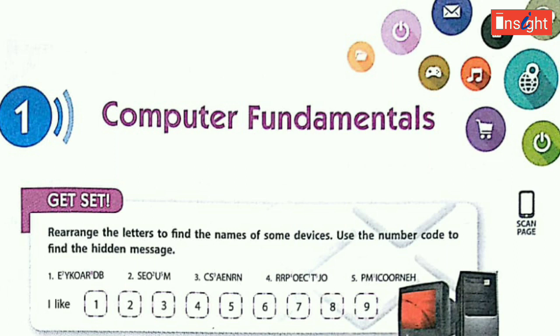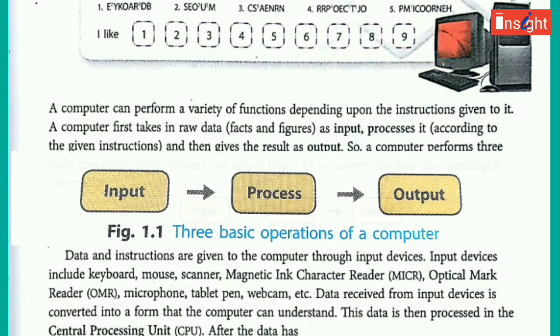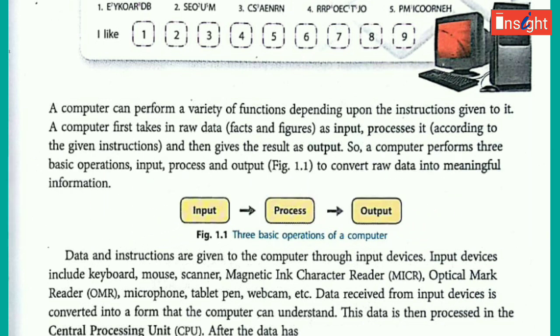Today we'll learn your first chapter, Computer Fundamentals. Students, you know that a computer can perform a variety of tasks depending upon the instructions given to it. A computer first takes raw data, and that is called input, processes it and gives the result, that is called output. So a computer performs three basic operations, that is input, process and output, to convert raw data into meaningful